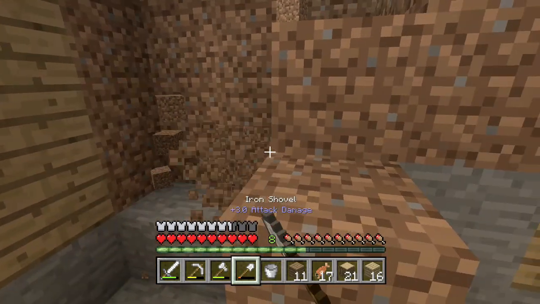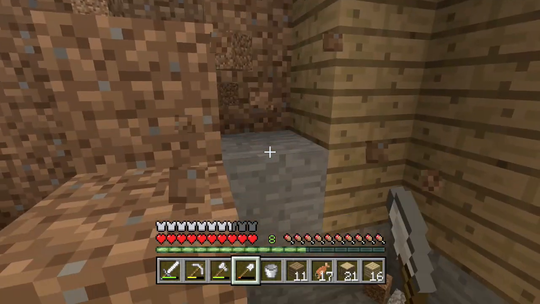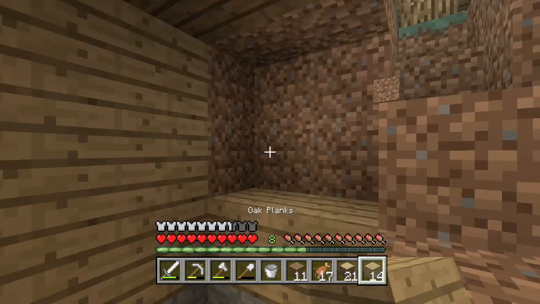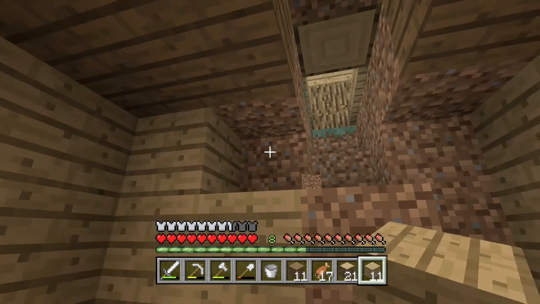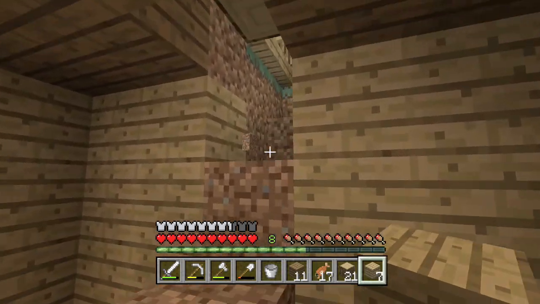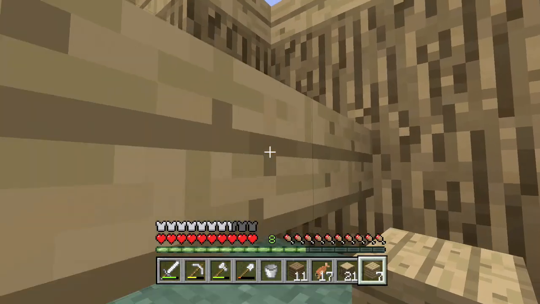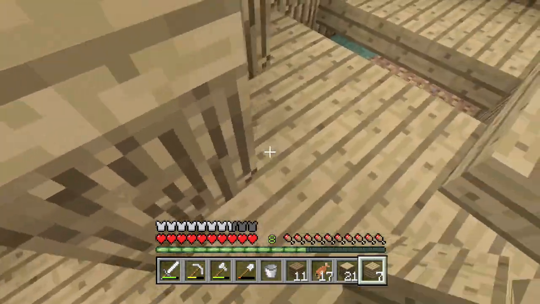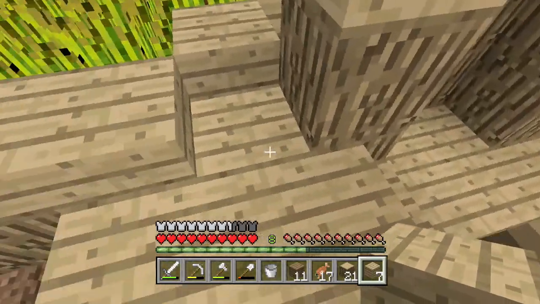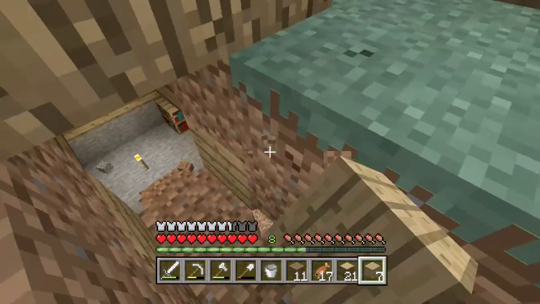So I'm not going to dig out this area because I do need to get a way to get down for now. This won't be the only way to get in there eventually though, because I am going to need to change that. Or maybe I won't need to, I don't know. Because if that goes up, let me just do something, let me see. So that'll be like that. So if we lower this one down,